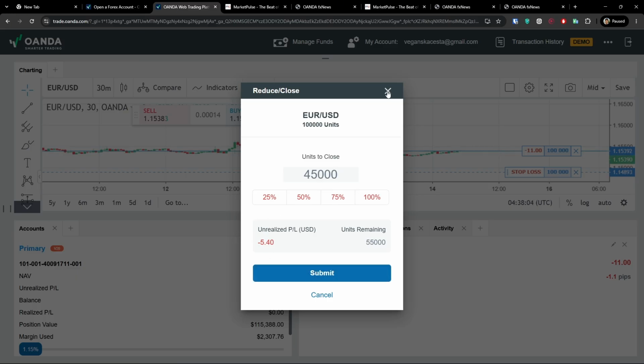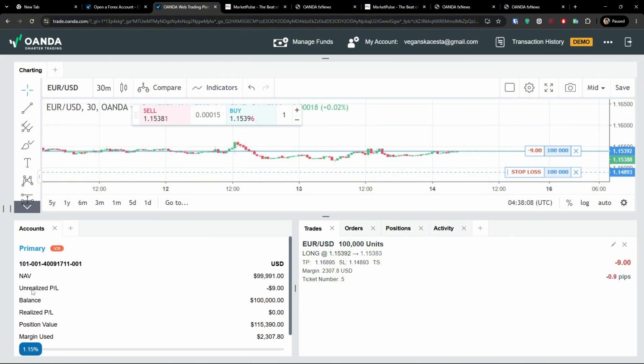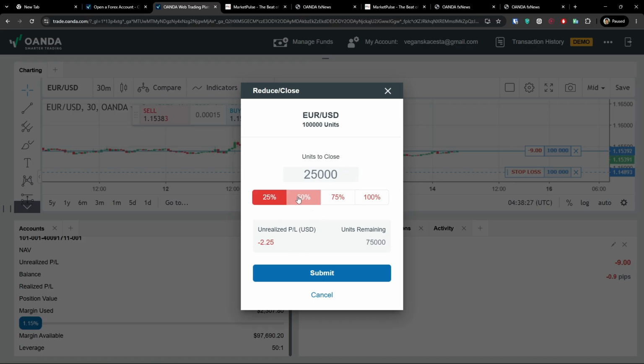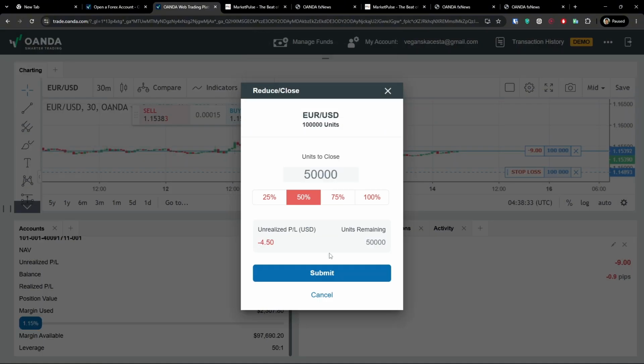Now, of course, if you want positions, then you can also see the activity, what you were doing. And then for the trades, I can modify it. If I would like, I can see the price, I have the units here, and I can click here and close the trade. Or I can click here, reduce close. So I can click reduce close and units to close. So if you would like, you can sell. So let's say I'm going to be in profit and I really like it, and I'm going to